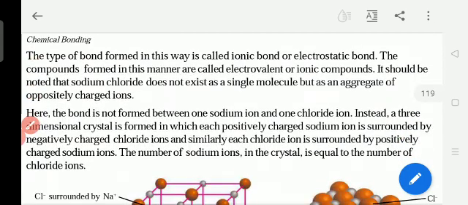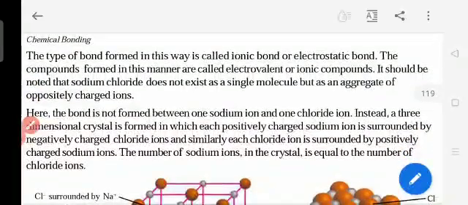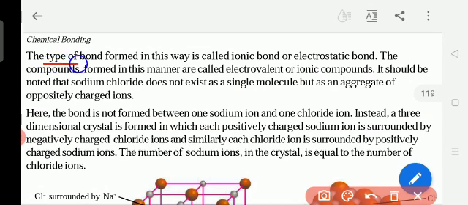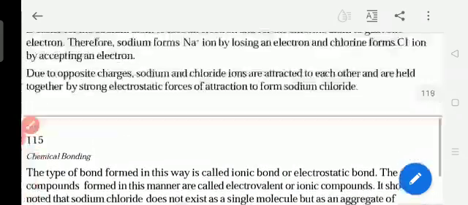So due to opposite charges, plus and minus, sodium and chlorine ions are attracted to each other and are held together by strong electrostatic forces of attraction to form sodium chloride. Na plus Cl minus, the opposite charges have more attraction. In electricity also, in batteries also, plus charge and minus charge have more attraction. So by losing and gaining electrons, it forms a very strong electrostatic force of attraction between the